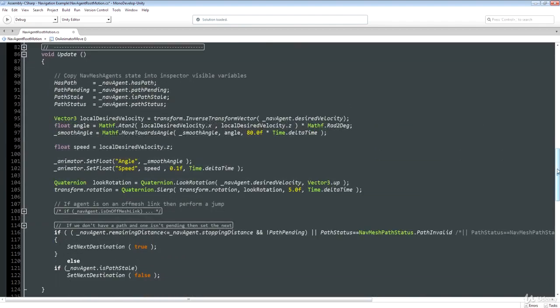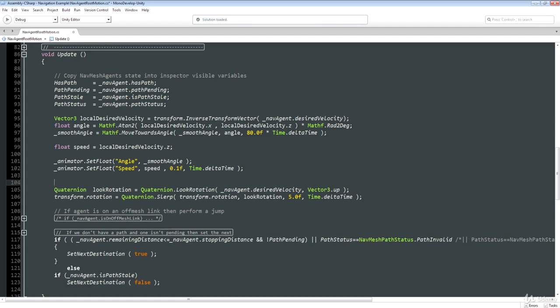Now the only thing I'm going to have to do here is put a little test around this, because the Quaternion.LookRotation function is not going to be happy with me, and it's going to produce an error in the console window if desired velocity is ever a 0 vector, which it can be. You know, if the character has come to a stop and it has no target, then we might have a 0, 0, 0 vector. So I'm just going to put around that code a conditional that says if